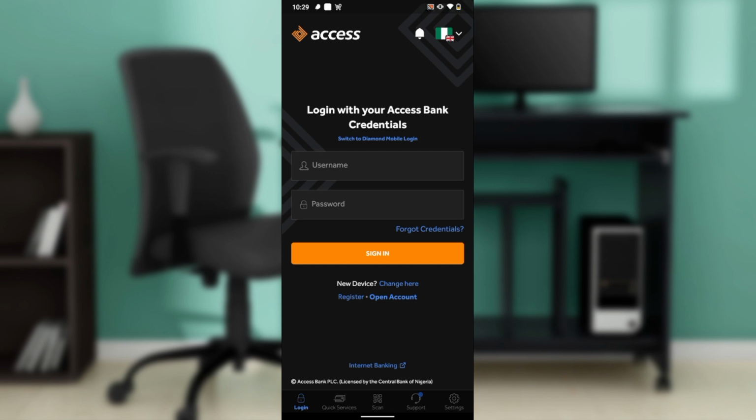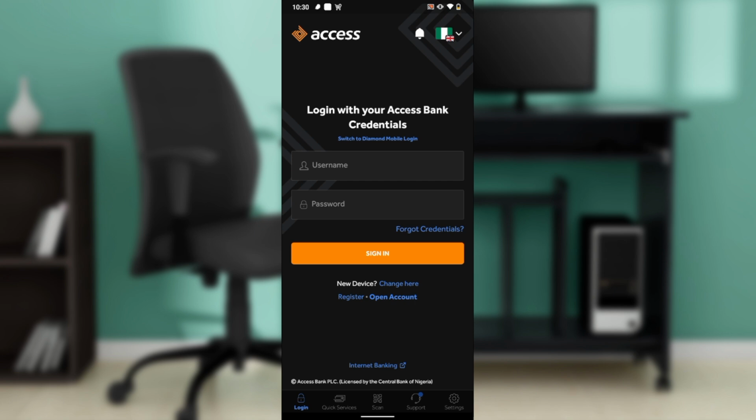Launch any of those applications and locate the search bar. In the search bar, type Access Bank and follow through the on-screen instructions to download the app. After installing, it's going to take you right into this fantastic sign-up page. We're going to be asked to either log in using an existing account or to register by creating an entirely new account. Now, whichever one you choose, once you sign in successfully, it's going to take you right into the Access Bank homepage, where you can now explore a lot of features to have an exciting time in the Access